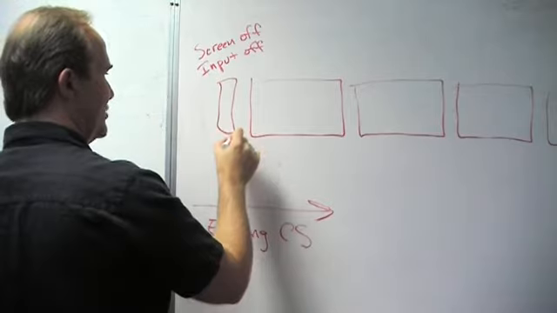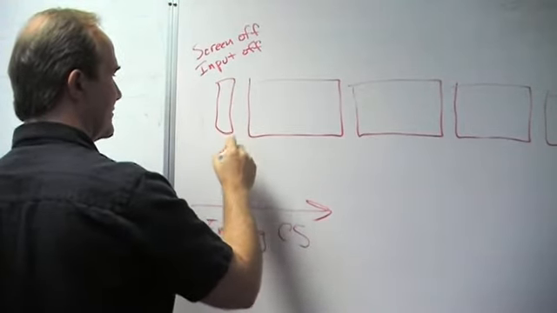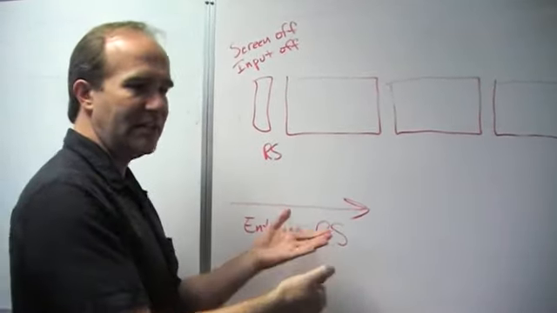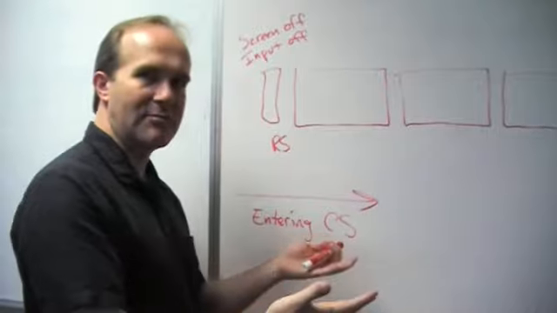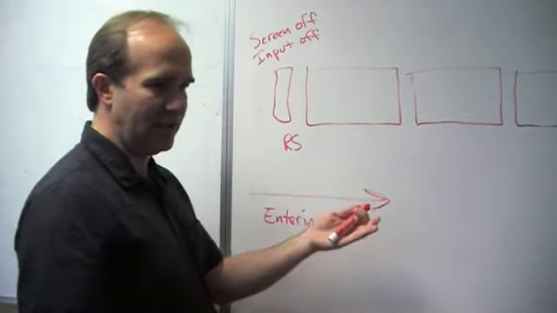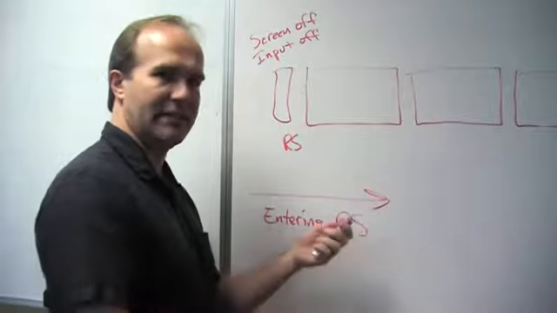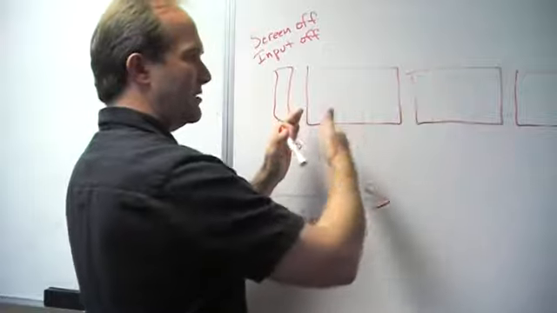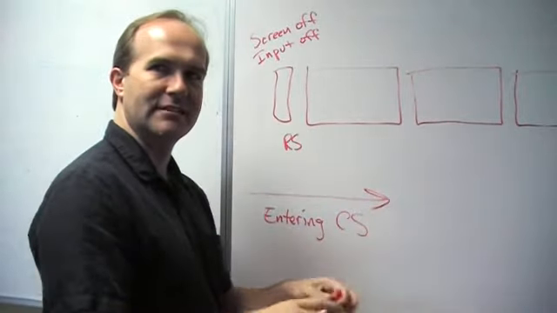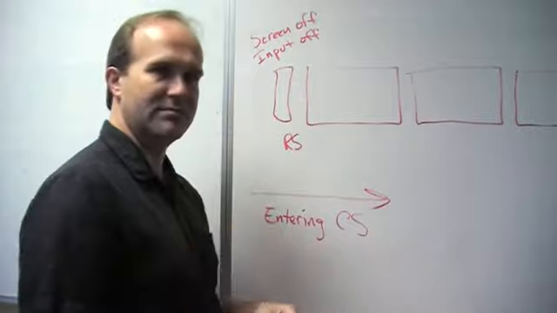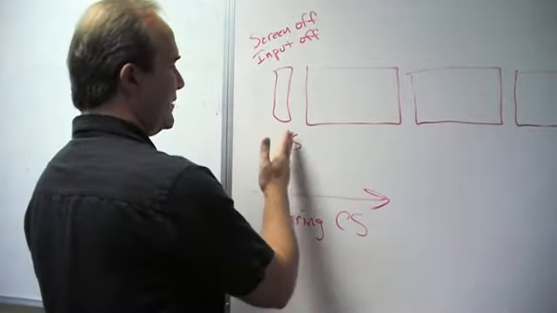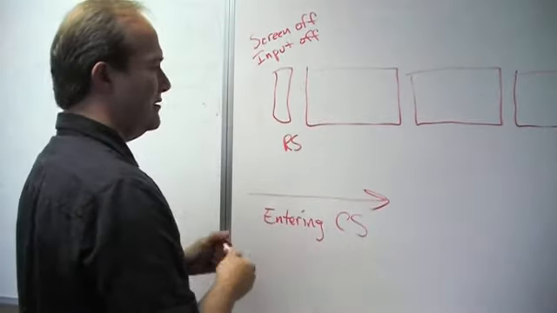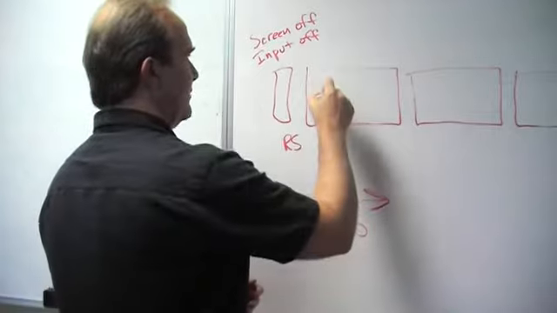Then there's a check for remote sessions. Because these Windows 8 devices are full PCs running a full operating system, you could have a remote session where you're connected to this device from another PC. If that's the case, we don't want to go any further down and start suspending and freezing things on the device because the remote session might be actually using it. So if there was a remote session, which is obviously not the common case, we would stop right there. But typically, if you don't have a remote session, then we go into